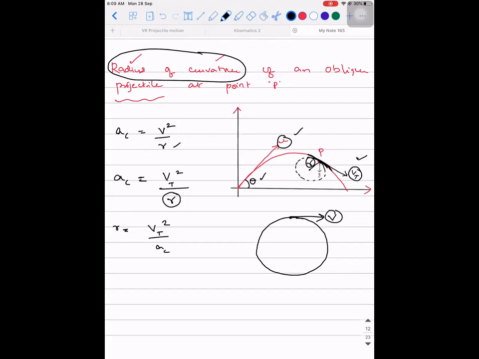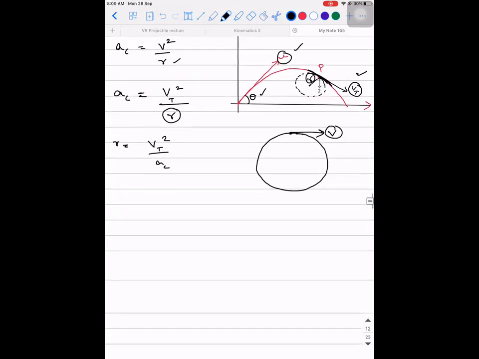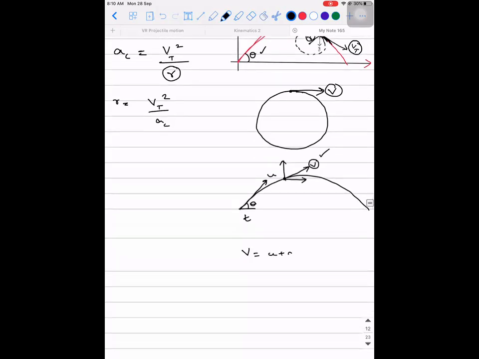Will you be able to find it? Okay. So what I'm trying to say is the particle is traveling in this way. Let's say this is the point P. If I need to find the velocity at this particular point in terms of u, theta and t, will I be able to find the value of v at this point using the basic equations of motion or not? Yes, sir. So how will you do it? V equal to U plus AT. Yes. So you will apply v is equal to u plus at along the x direction separately, y direction separately.